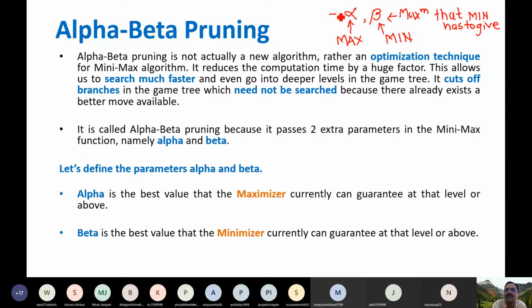And alpha is the minimum. Alpha is associated with the max player, so it is the minimum that the maximizer has to take, or max can take.